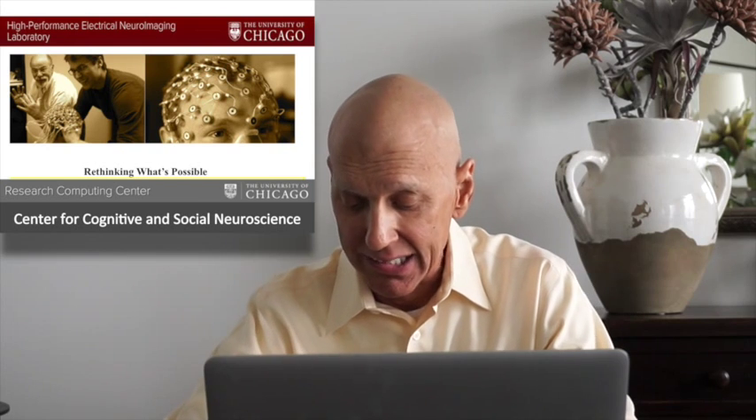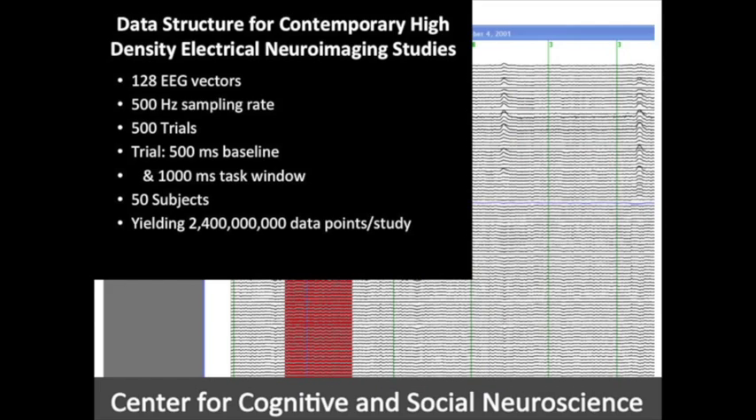Rather than using periodic mathematics, we brought in non-periodic computations that we performed on the EEG signal. Just to give you an idea, this is a sample of the data with which we're working. We have a 128K system. Let's say you have about a 500 sampling rate, maybe 500 trials, a 500 millisecond baseline and a 1,000 millisecond task rate, and 50 subjects. It gives you